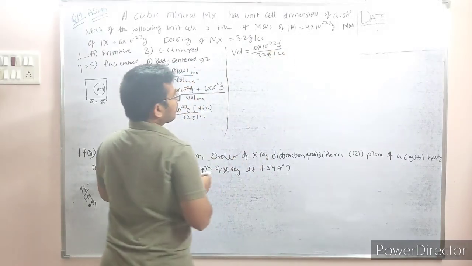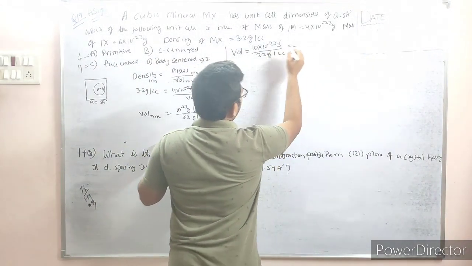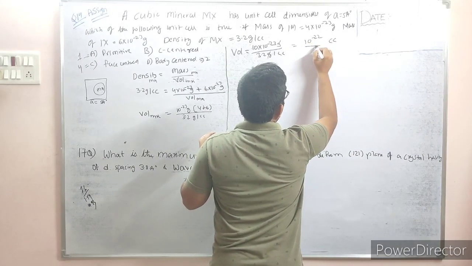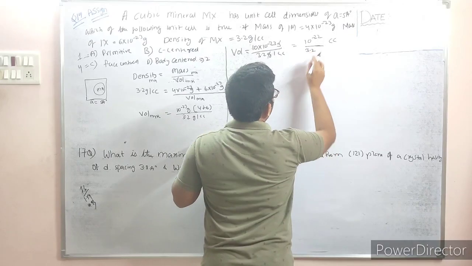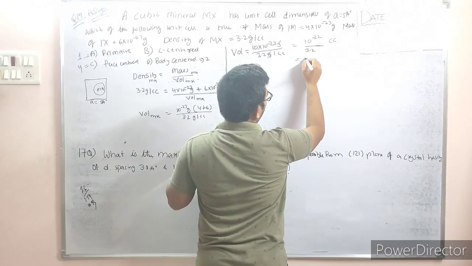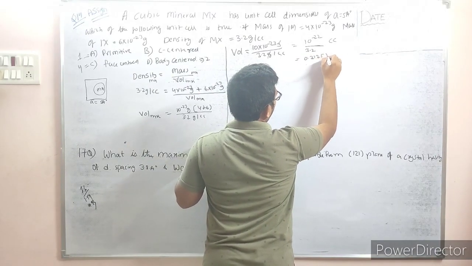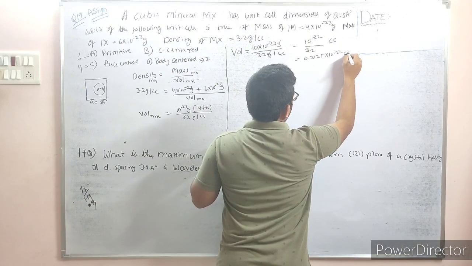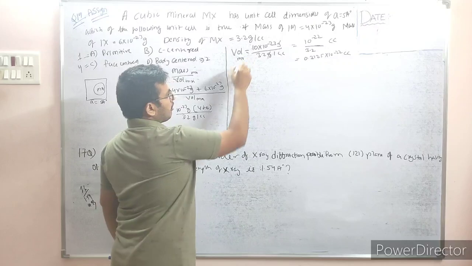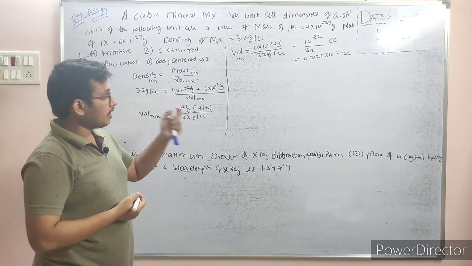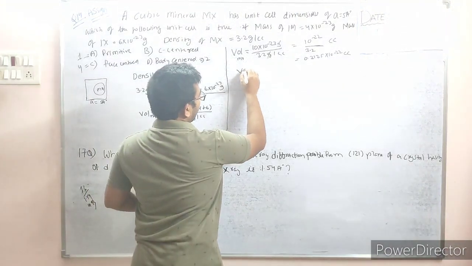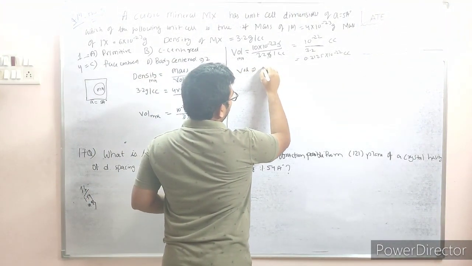Right? Gram is cancelled, okay. After that, 10 to the power of minus 22 upon 3.2, cc will go up. So what will be the value of 10 to the power of minus 22 upon 3.2? It has value of 0.3125 into 10 to the power of minus 22 cc. This is the volume of Mx, means it is a volume of mineral atom. Now what will be the volume of unit cell? You can calculate the volume of unit cell considering it is a cubic mineral, a cube.